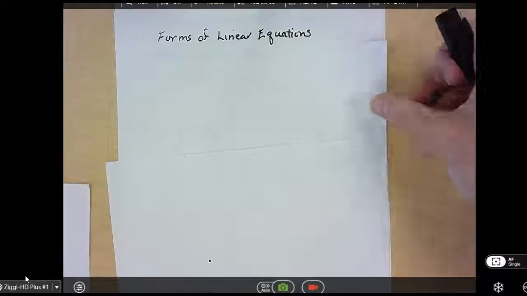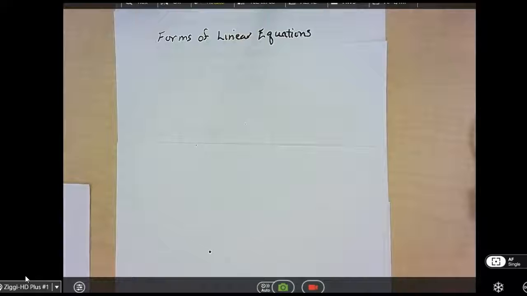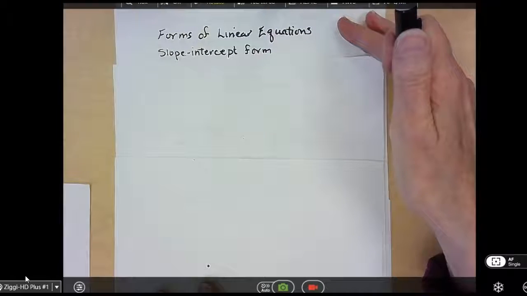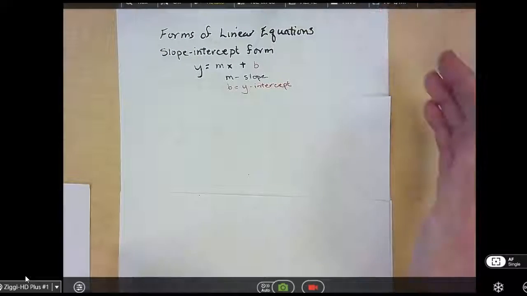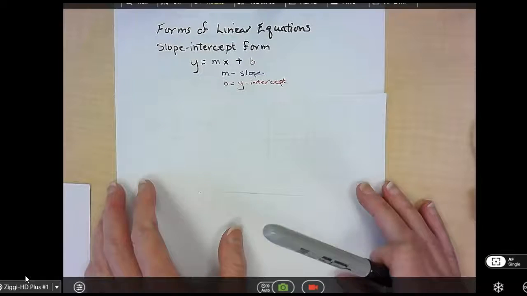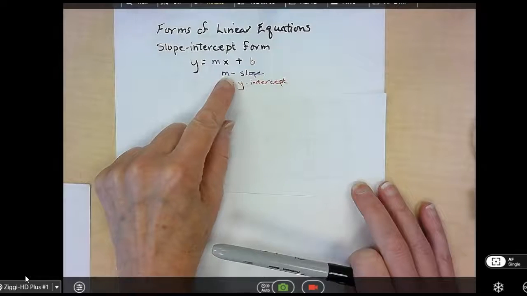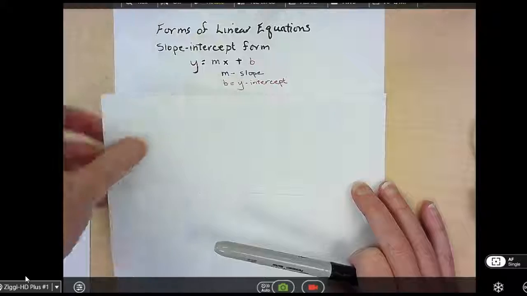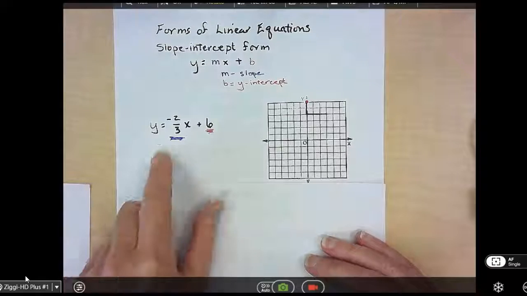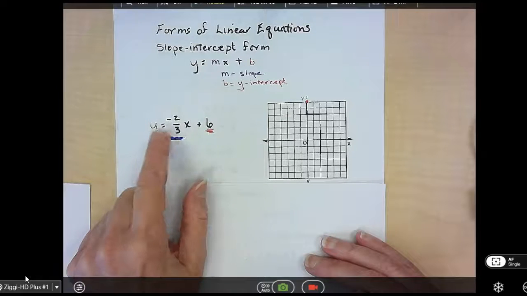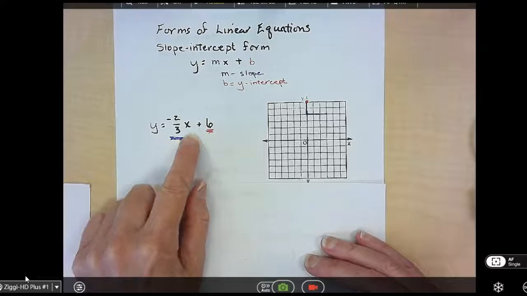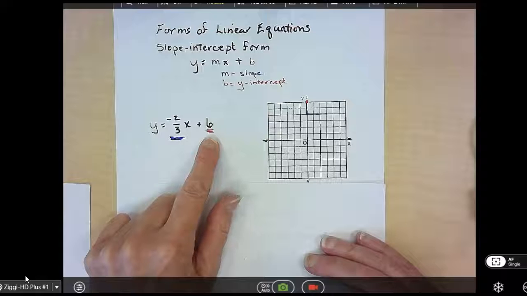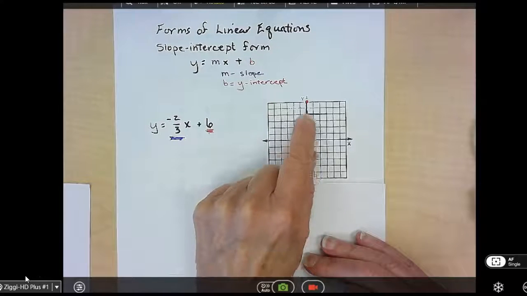So there's 2 different forms of linear equations that you've dealt with in algebra. The first one is slope-intercept form, where y equals mx plus b. M is your slope, b is your y-intercept. So if you have an equation, and it is y equals -2/3 x plus 6, we always start with the y-intercept. So we go 0, 6,